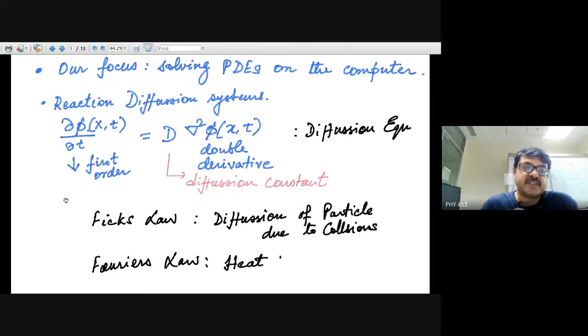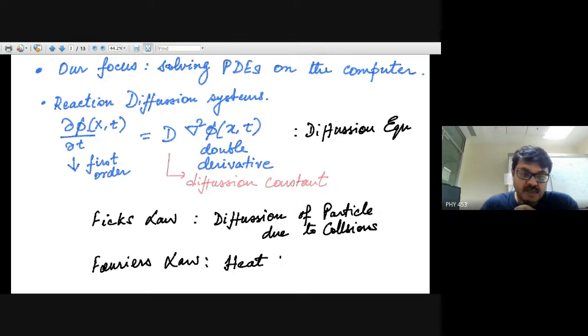A similar equation is also seen and known as Fourier's law for heat transport, right? So you again get the diffusion equation, except that phi will be temperature essentially. Here, when we are using Fick's law, we are using a macroscopic description, right? Because in molecular dynamics, you might have figured out that we also discussed the microscopic origin for diffusion. But in Fick's law, and when you're solving this partial differential equation, you are saying, okay, the current, the flow